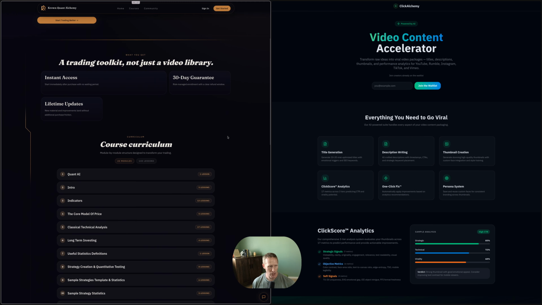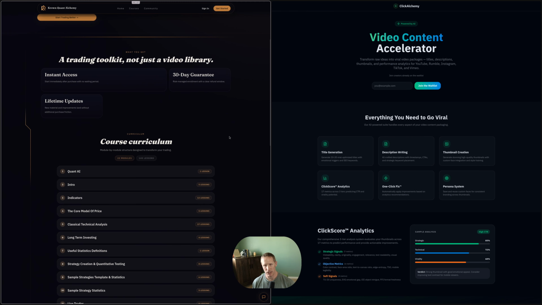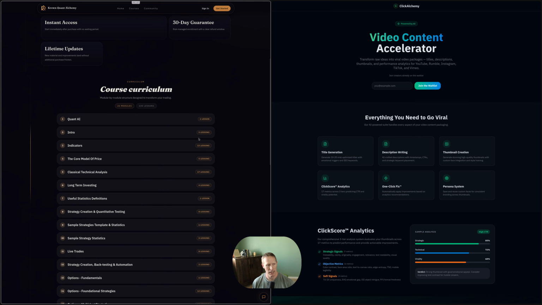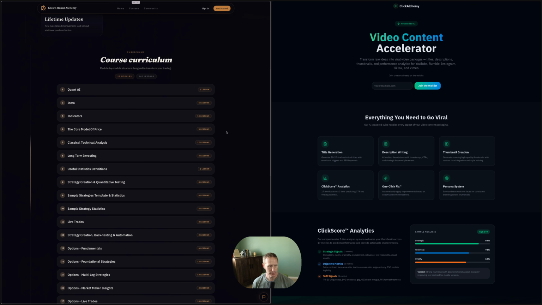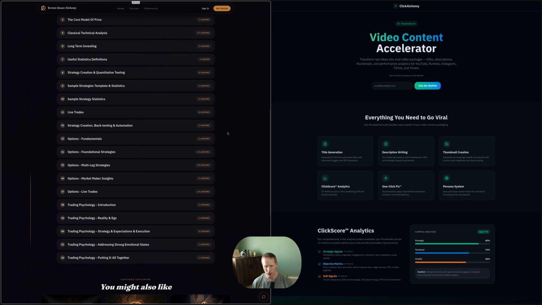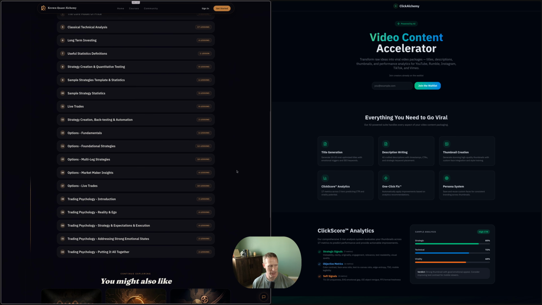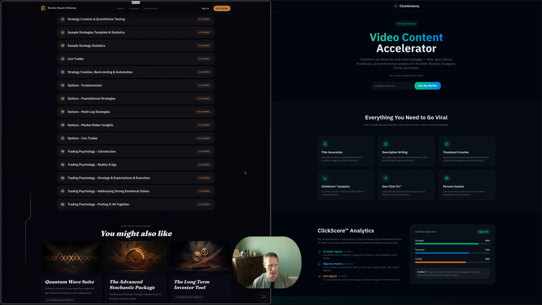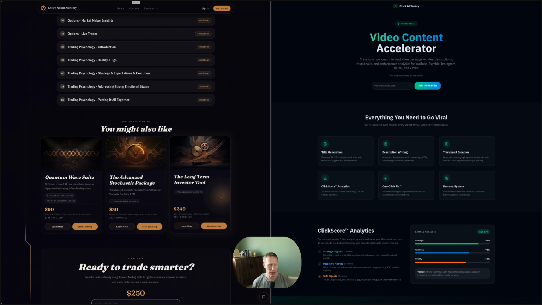But back to the content here, you will see that this content will provide you with an overview similar to what you'll see if you go to Teachable as to the content that you'll be getting. This is the Crown Trading Bible. This has quite a lot of content in it, a lot of lessons. A lot of other ones don't have that information. We have